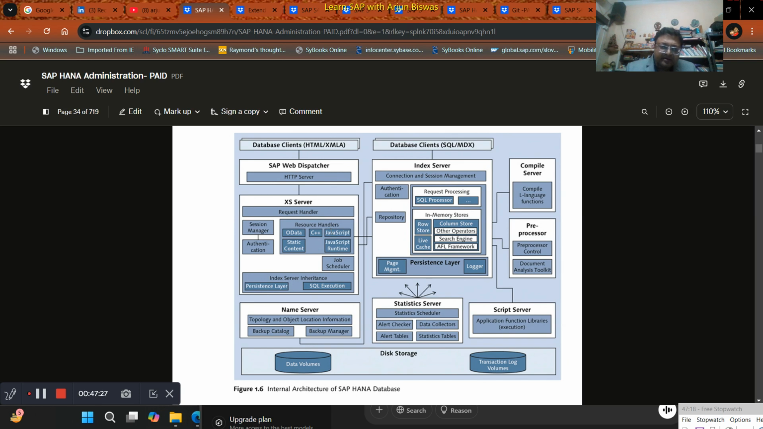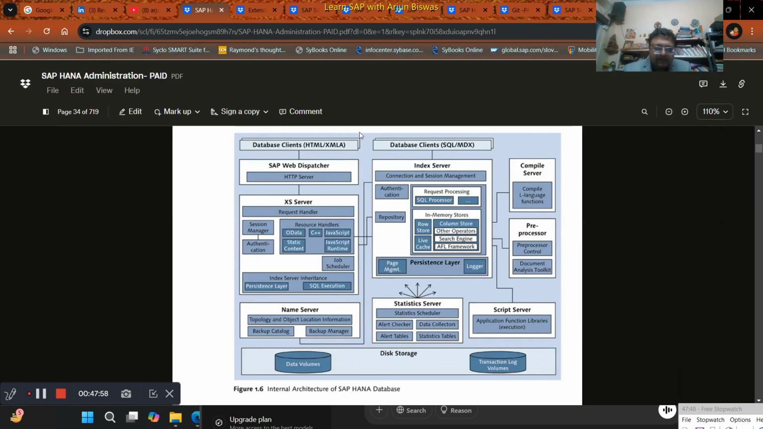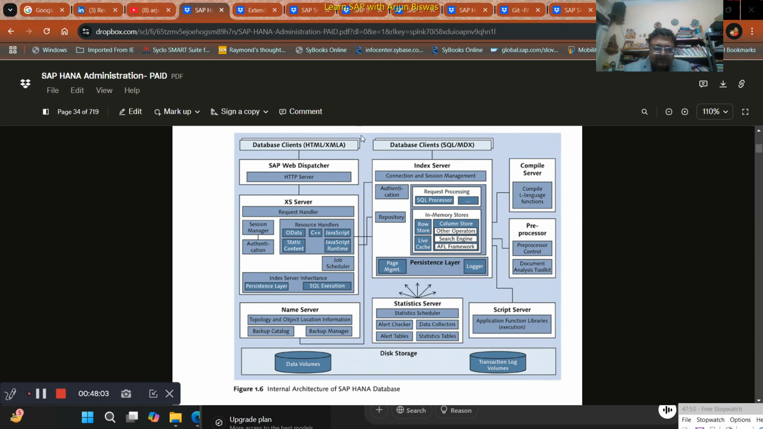There are resource handlers which handle OData, static components, C++, JavaScript runtime. These things are there. And there is a job scheduler. Okay, I have a doubt because as far as I remember, XS server uses Sybase. But what we are seeing here is the XS server has OData, static components, C++, JavaScript runtime. So